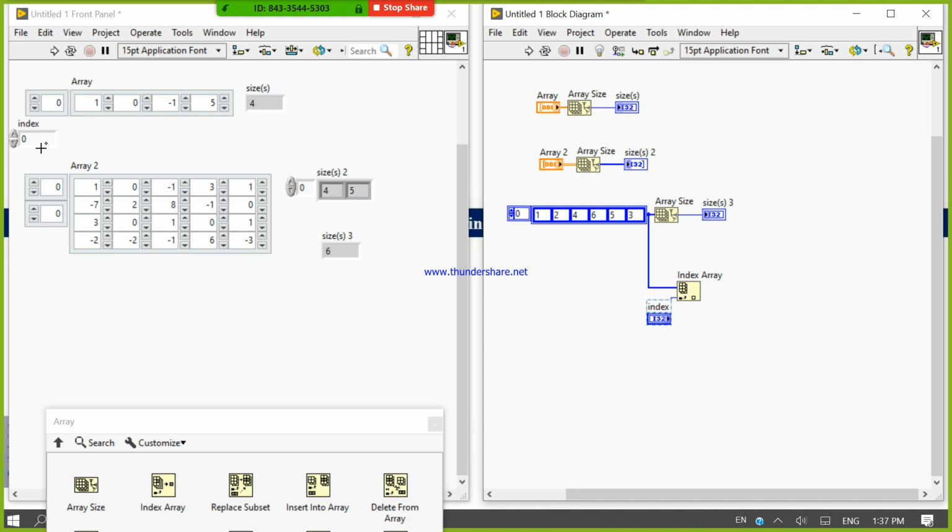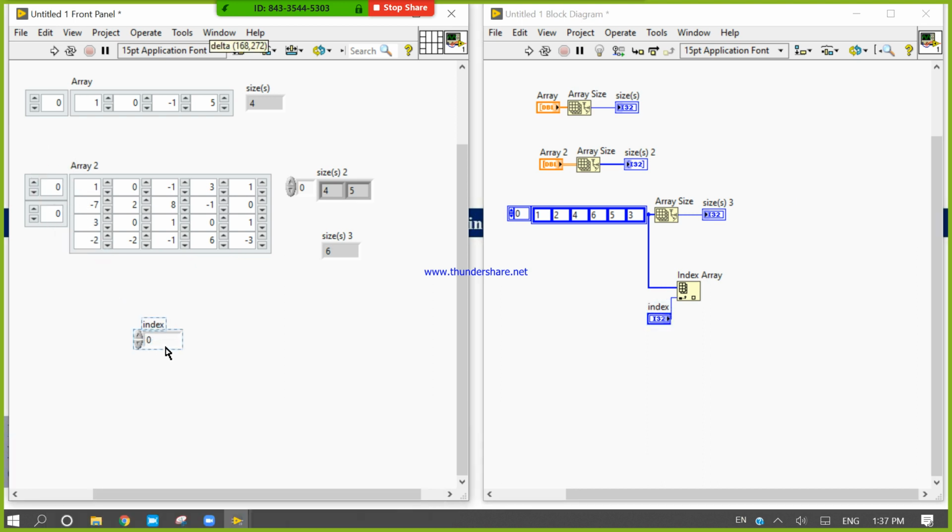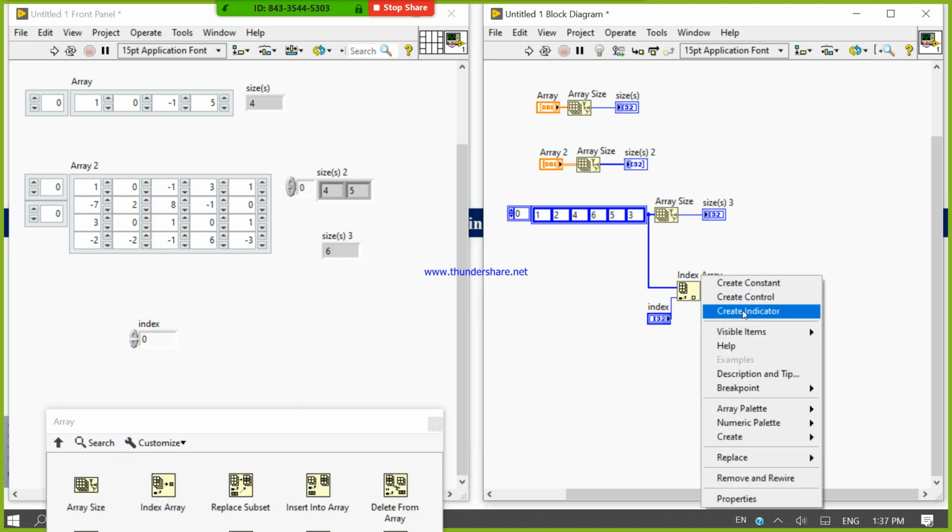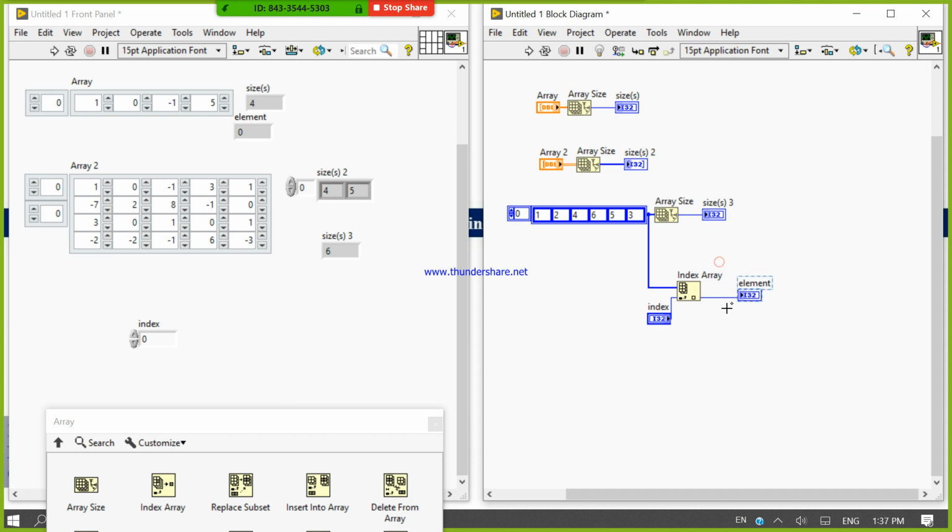By using this index value, we can break this array and we can use a single element directly. By using the index value, we can break this array and use the single element.